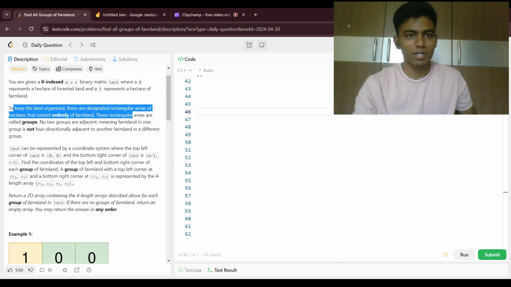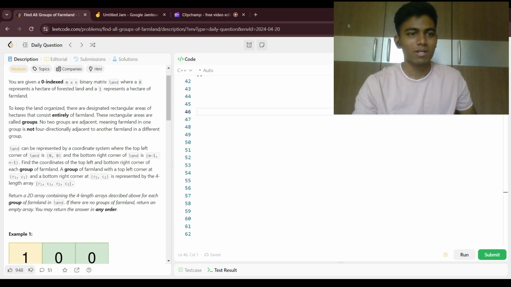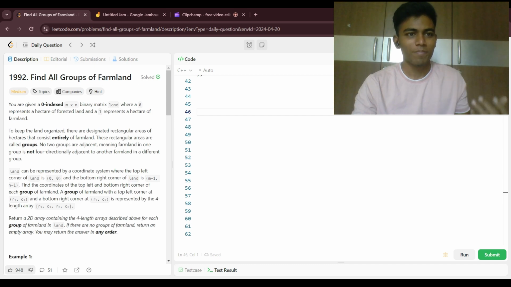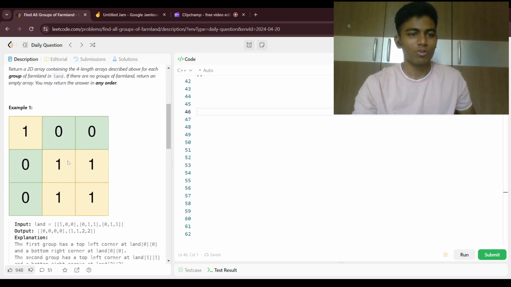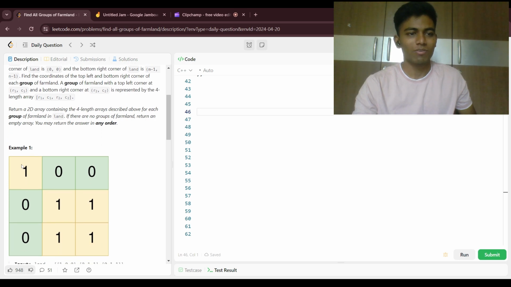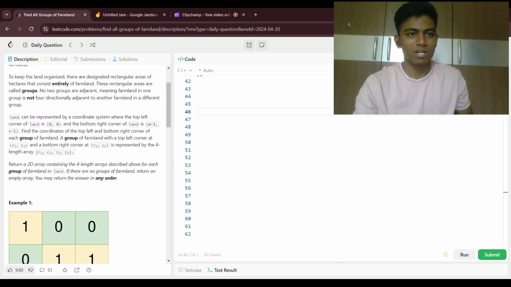There are designated rectangular areas of hectares that consist entirely of farmland. That means we need to find the farmland. One means farmland, and 0 means it is forested. So we need to find this particular farmland with its coordinates. Suppose this is the farmland, and it is connected with only this particular cell. So this is going to have two coordinates. One is going to be the starting point,